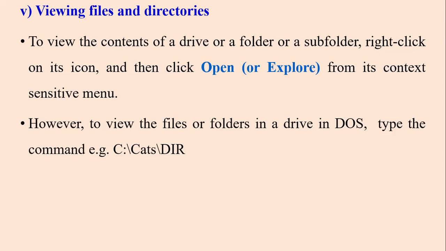However, to view the files or folders in a drive in this operating system, just as I said in part 1 of the 2-part series of videos in this presentation, you type the command dir while inside the directory or subdirectory whose contents you want to display. So in this case, if you want to view the contents of the folder called cards that is stored on a storage media, which is the hard disk, you type it as